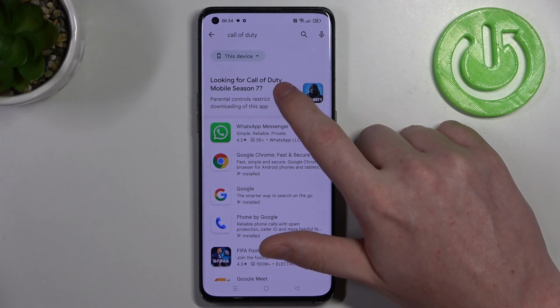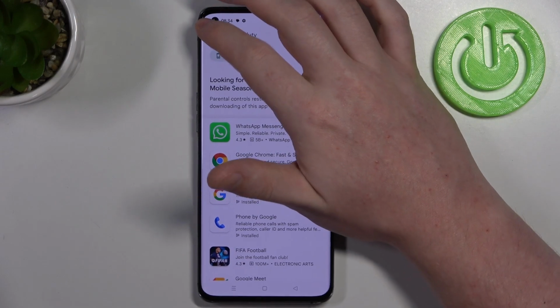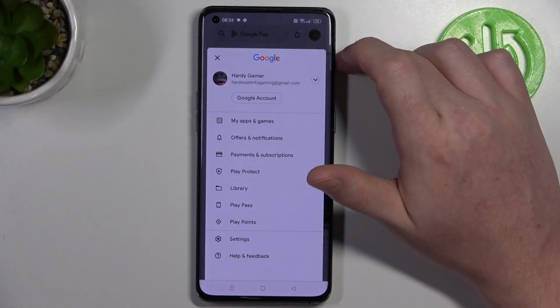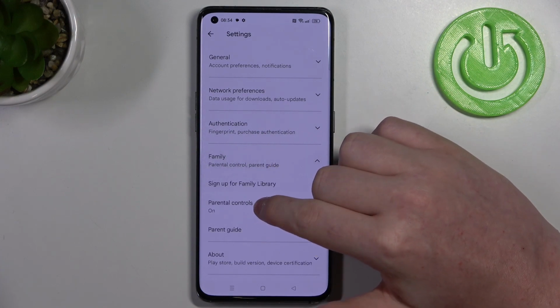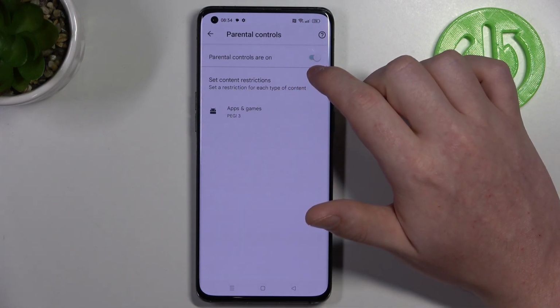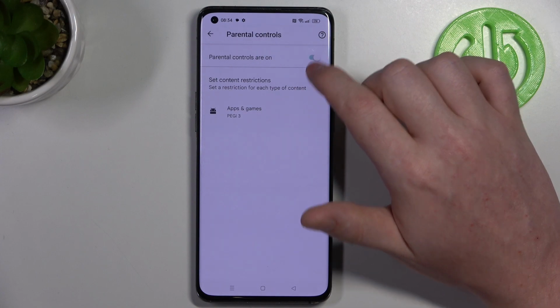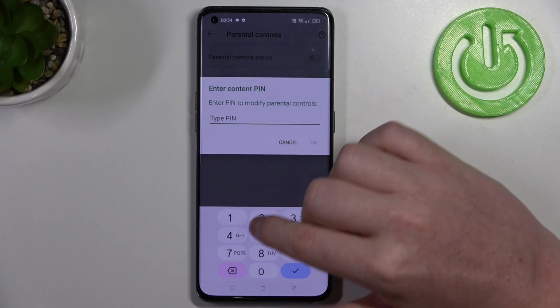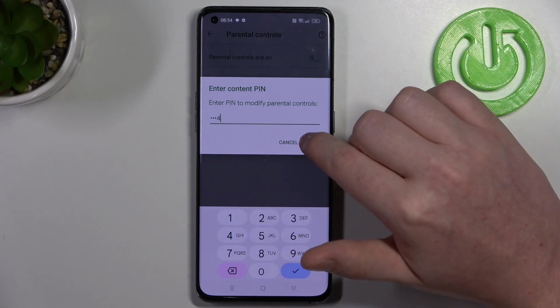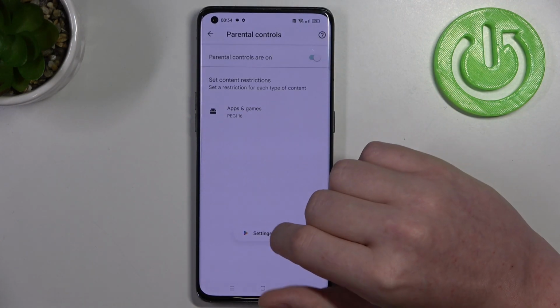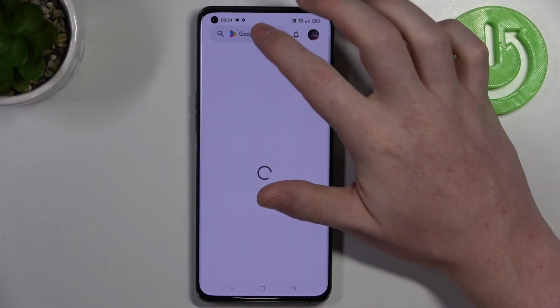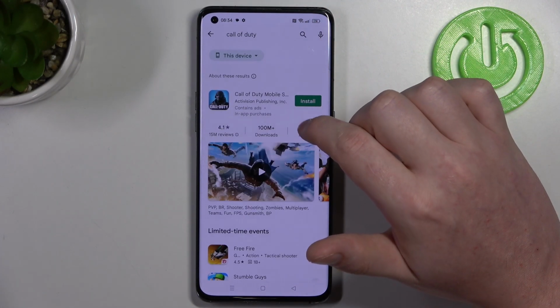it, nothing happens. To fix this, we'll need to go back, click on your profile picture, and go to the settings. Then select family, go for parental controls, and here either disable parental controls with a switch, or go for apps and games, insert the PIN code, click on OK, and increase PG to at least 16. Make sure to save the settings afterwards, and if we look for the game again, it's right here and we